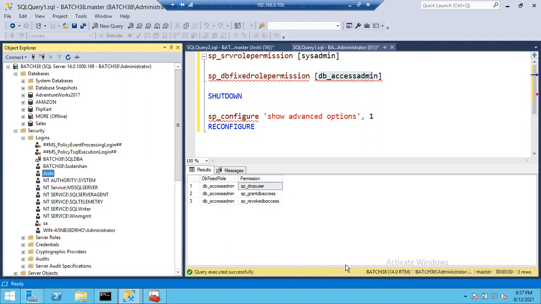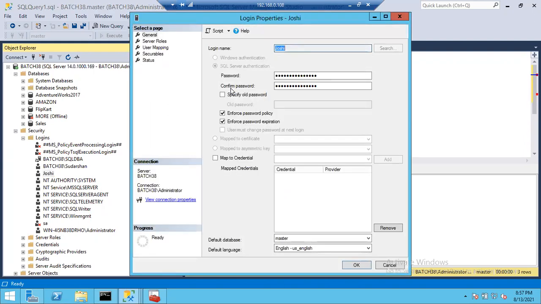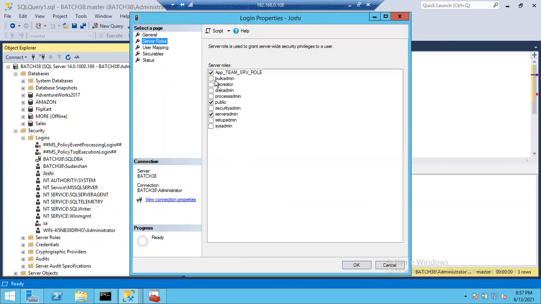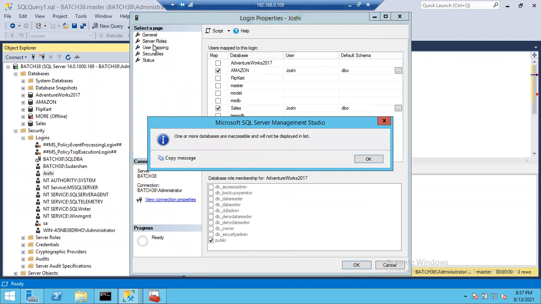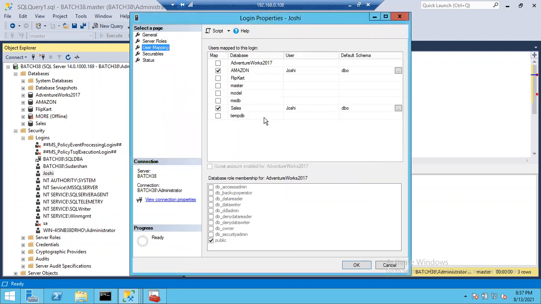Clear? If you want to add any login to a server role, double click on it, go to server role, and you can add any login to the server role. If you want to add any login or user to a database role, go to user mapping. On which database you want to add, select that particular database and choose the role, so that you can add a user here.